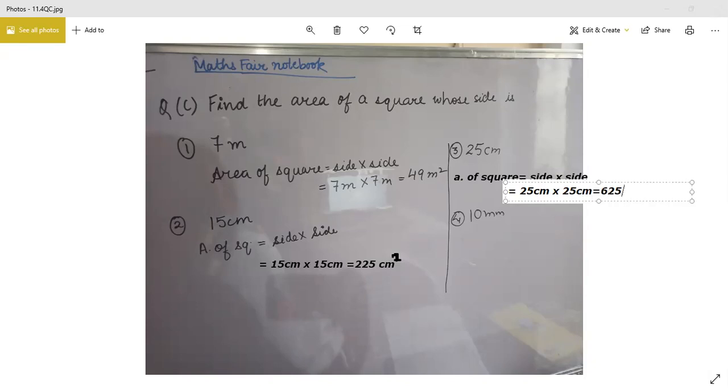मैम 625, 625 सेंटीमीटर की पावर 2। और बेटा अभी मैंने आई हैव सीन सम ऑफ यू राइटिंग 2 हियर। कुछ लोग 2 यहाँ पर लिख रहे हैं। सेंटीमीटर से पहले नहीं लिखा जाता है बेटा, ये बाद में लिखा जाता है 2 हियर। ओके 625 सेंटीमीटर स्क्वायर। नाउ द लास्ट वन। ओके लास्ट वन, गिव मी अ सेकंड।